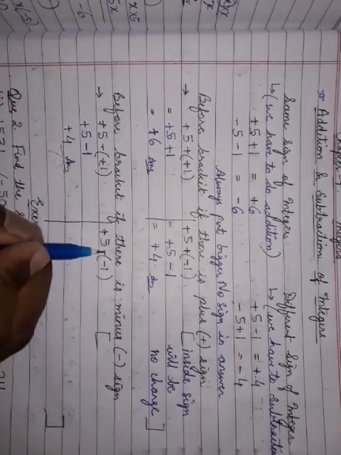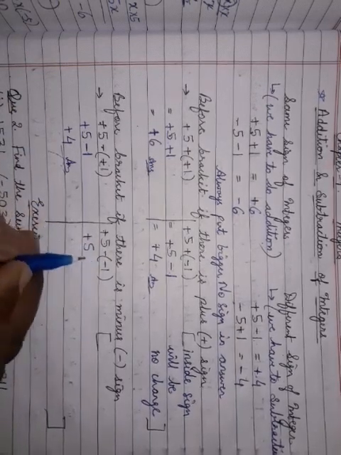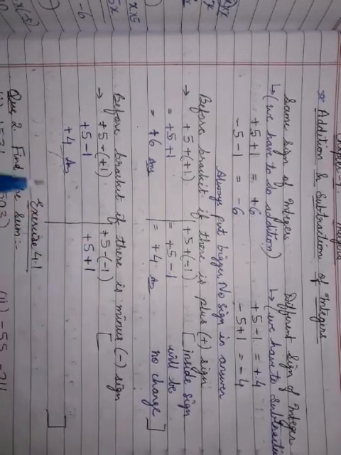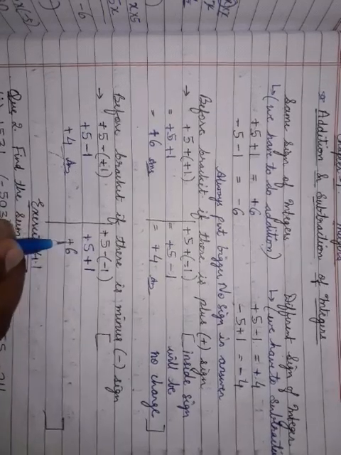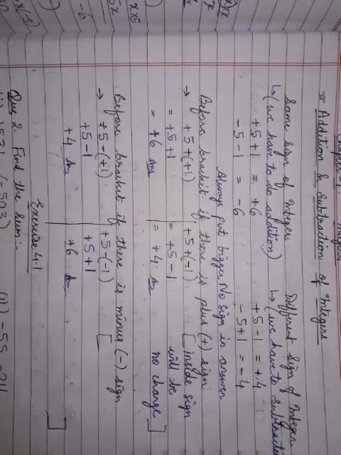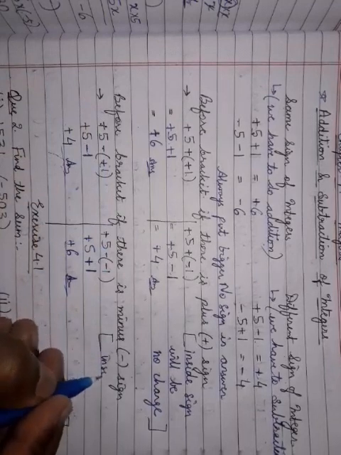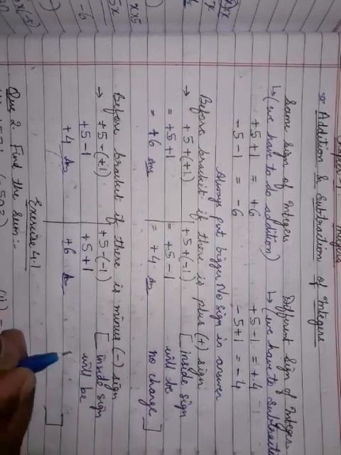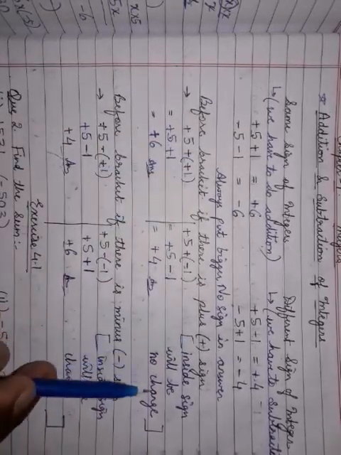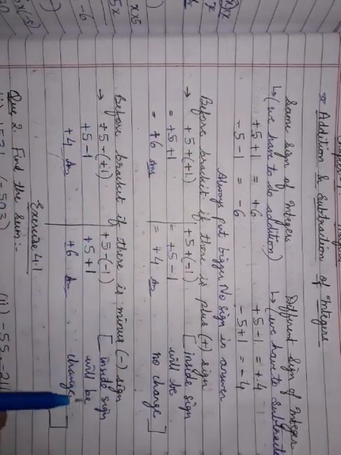Here plus 5 minus, in bracket minus 1 is given. So plus 5 minus minus becomes plus 1. So 5 plus 1 is 6 and the bigger number is 5, so the plus sign we have to write. It means before the bracket if there is a minus sign, the inside sign will change. Before the bracket if there is a plus sign, the inside sign will be no change. Before the bracket if there is a minus sign, the inside sign will change.